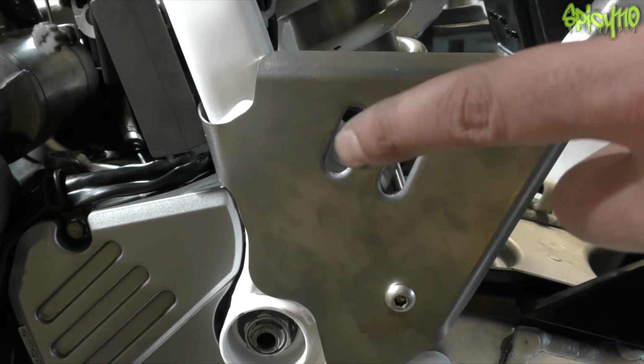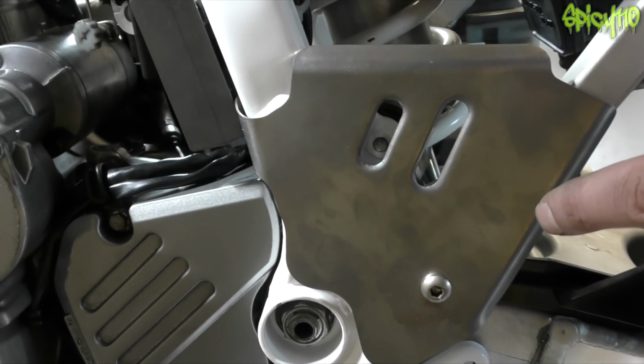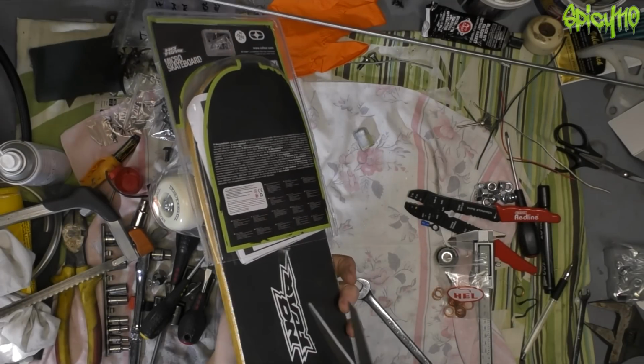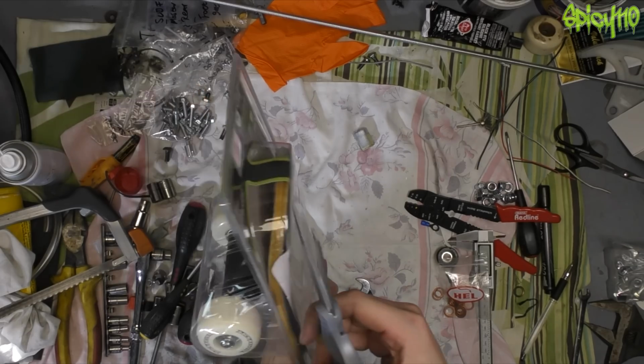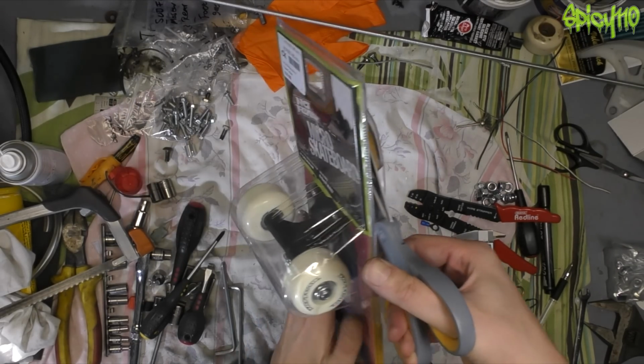On the other side, I had to make some slightly longer bolts for the rectifier. That bolt comes with it. I had to do a little bit of bending, but yeah, that's actually fitted on fine as well. Skateboard wheel axle sliders. You can spend about £90 or something like that on some axle sliders, or you can spend a tenner